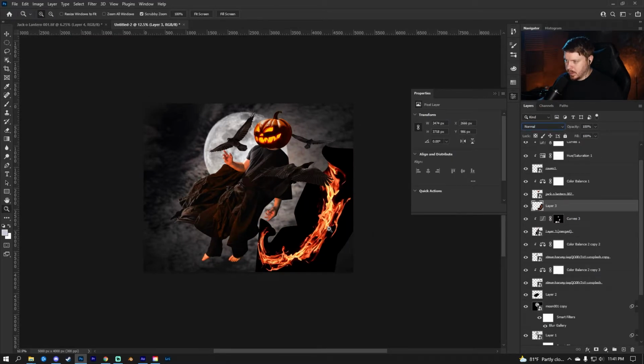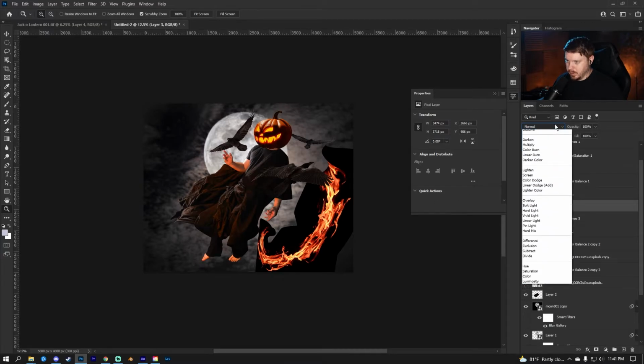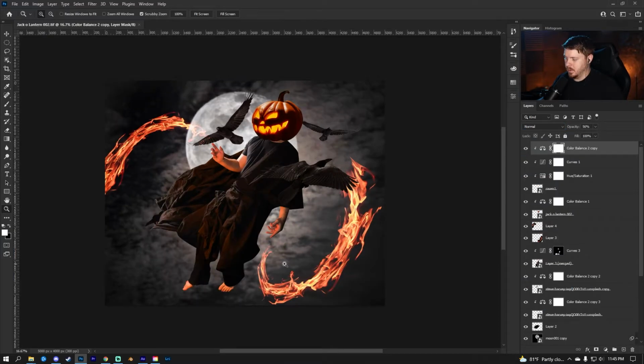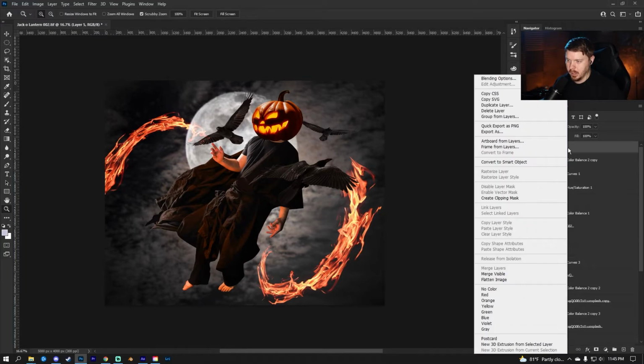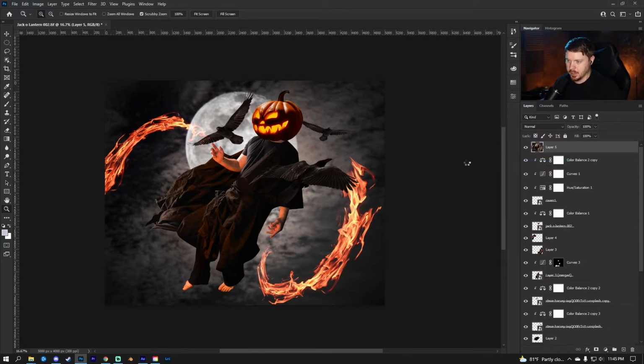All right, so this fire, I'm just going to put that into screen. All right, so I have the initial composition ready. So I'm going to do a global color grading, and I'll just press Control or Command Alt Option plus Shift plus E, and that will compile everything into a new layer. Right click the layer, convert to smart object, and I'm going to go Filter, Camera Raw,